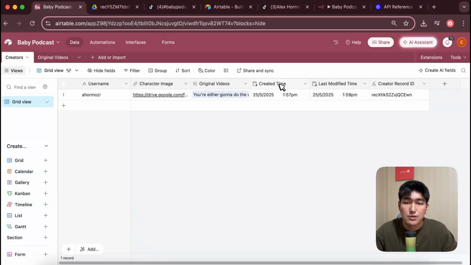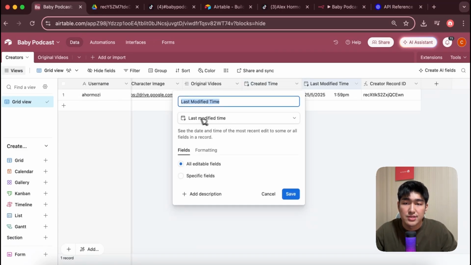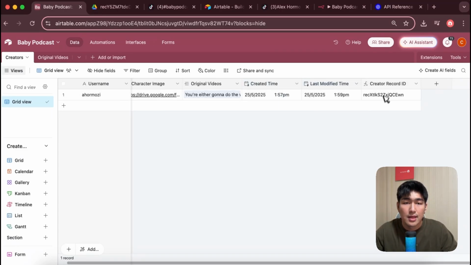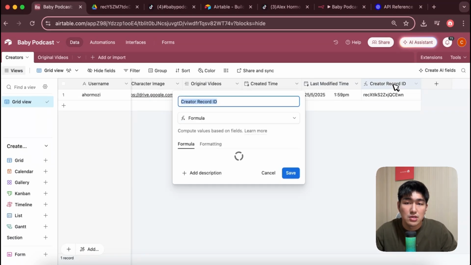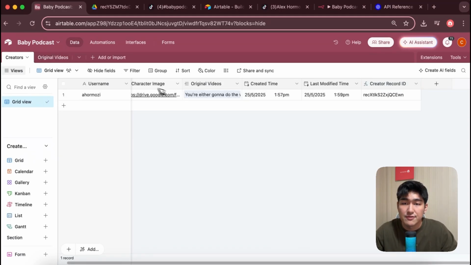And then we have a field called created time, okay? And one called last modified time. The field type is also last modified time. And then we want to have a record ID field. So to do so, you just want to create a formula field, and then you want to have the formula be record_ID. And that's all you need to do for the very first field, and our system will automatically update